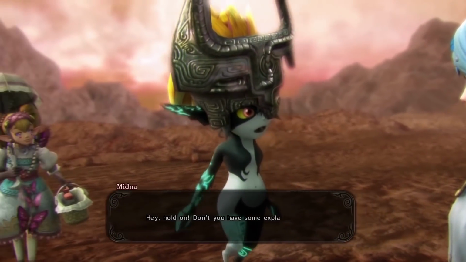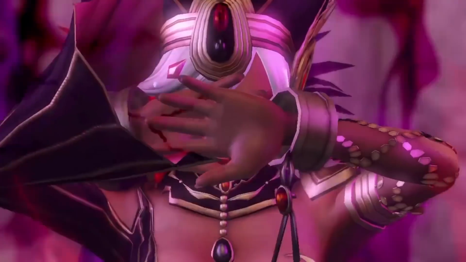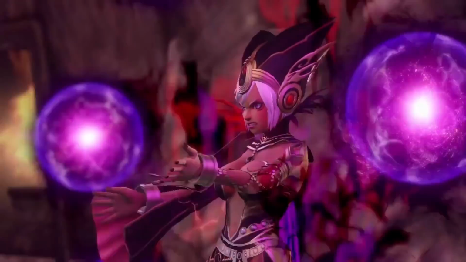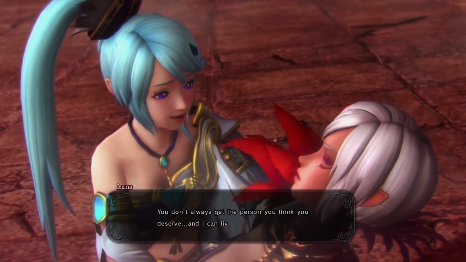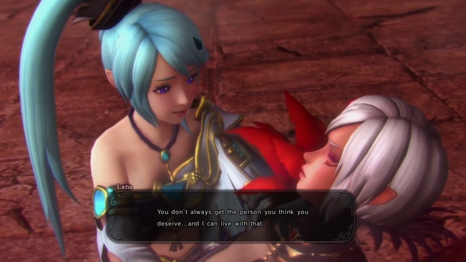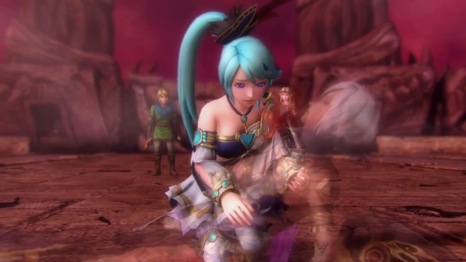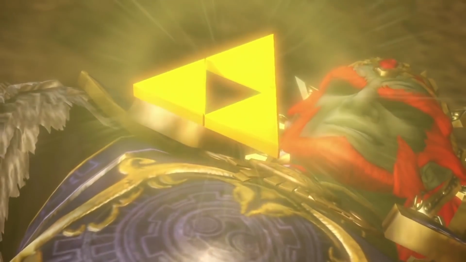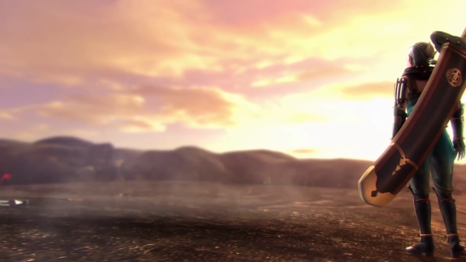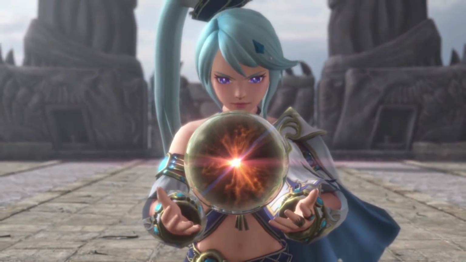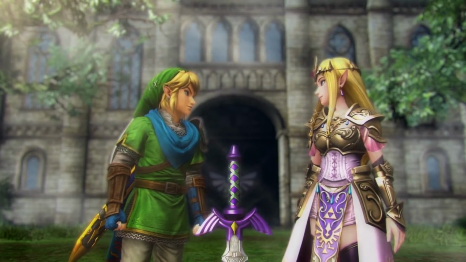So Link and the gang of new and not so new faces go up against Sia and her gang of new and not so new faces. Sia realizes that she's being used by Ganondorf, that her and Lana will never be with Link, and she makes a sacrifice. Ganondorf gathers a Triforce and becomes Ganon, Ganon is defeated, the heroes of the past and their lands return back to their times, Lana watches over the Triforce, and the Master Sword is returned to its pedestal.